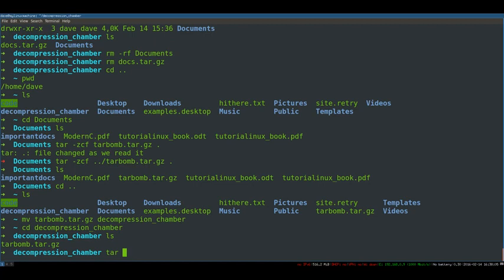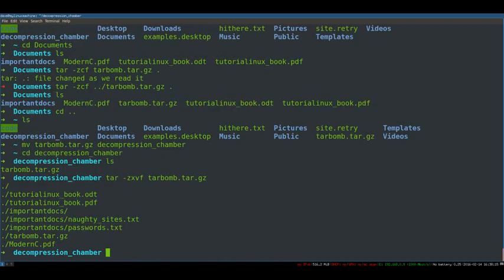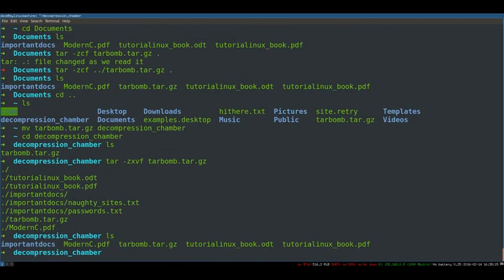So if I say tar, do you still remember zxvf, the tar bomb? This is going to extract the tar bomb. And it's a tar bomb for this reason, because it just blows up in your face as soon as you decompress it. So the idea is, if you're going to create an archive, generally you want to do it from